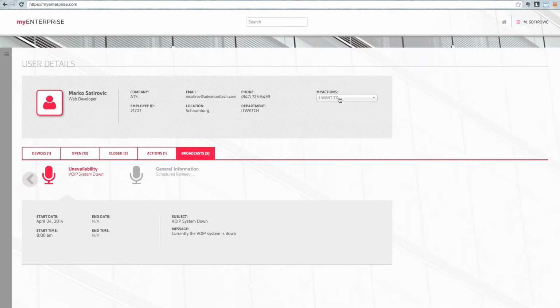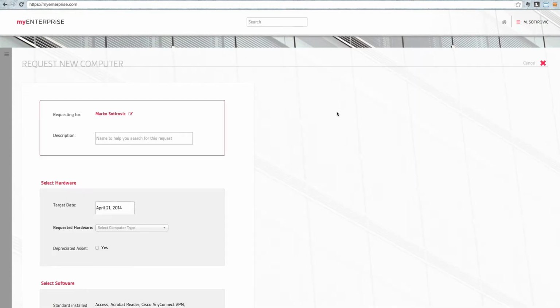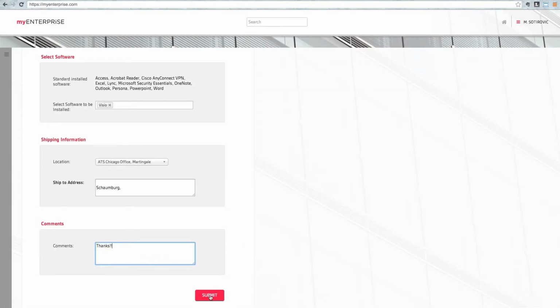Our new design allows users to request the services they require in a variety of methods. Quick and dynamic My Actions gets you to where you want to be. In only 2 clicks, you are able to begin your request submission process. After answering a few quick questions related to your request, you are done.